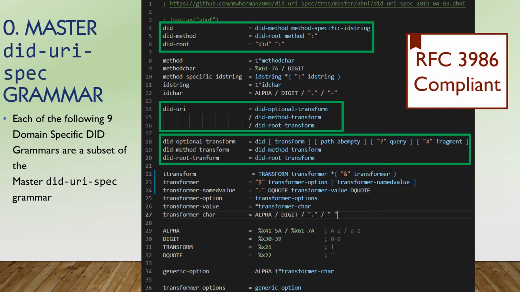is the did as defined in the first rule, optionally followed by a transform, optionally followed by a path, optionally followed by a query string, and optionally followed by a fragment. The did method transform means that you have a did method. It means you have the did colon method name colon followed by the transform character followed by some transformer option. The did root transform just says we've got the did colon part and then the transformer symbol, the exclamation mark,